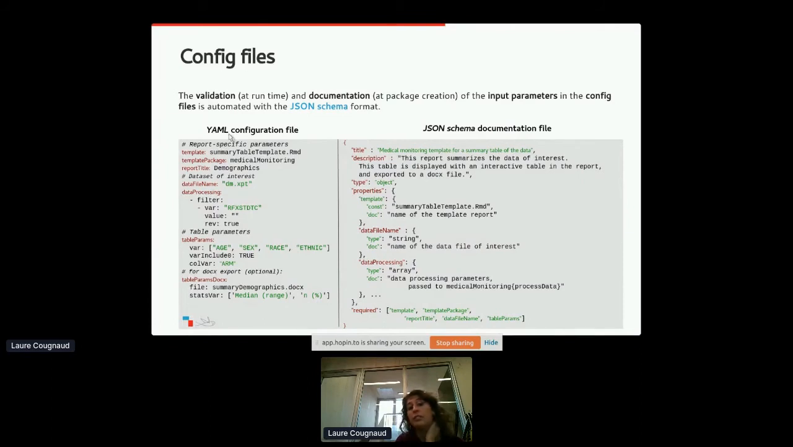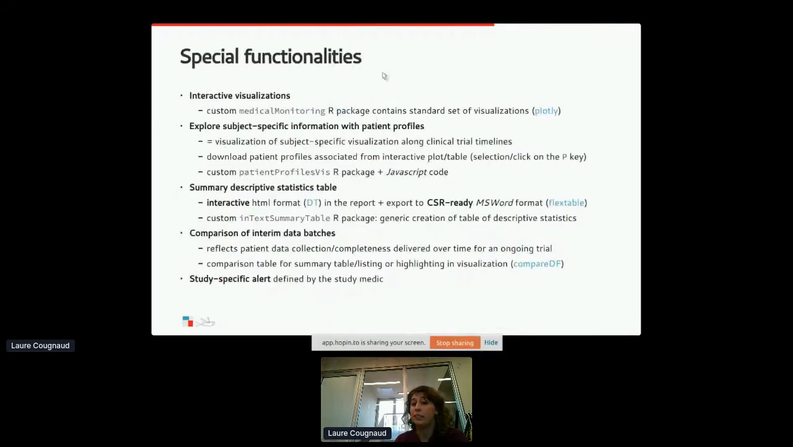And the mirror of the YAML file is the JSON schema, because we handle the validation of the input parameters and the documentation via JSON schema that I can't deepen in this presentation, but if you don't know it, it's a very interesting tool. And in a way to wrap up, we've seen several functionalities like interactive visualization, patient profile, tables for descriptive statistics,